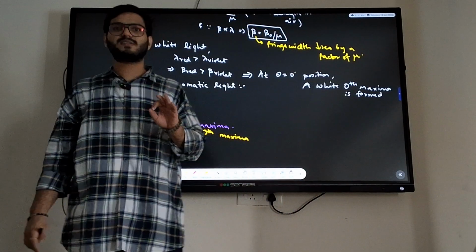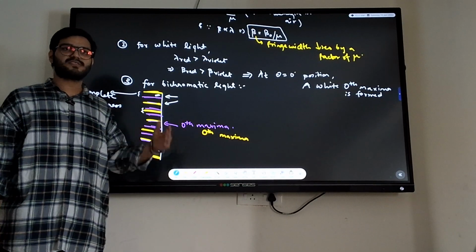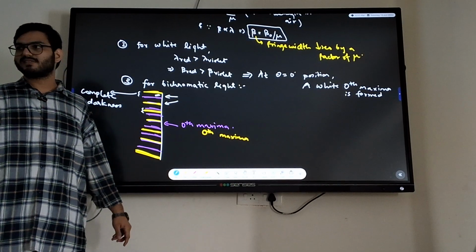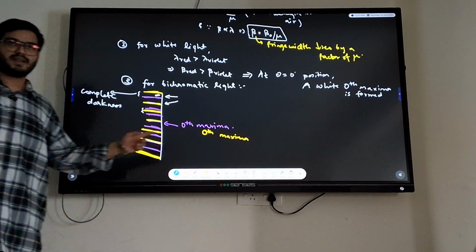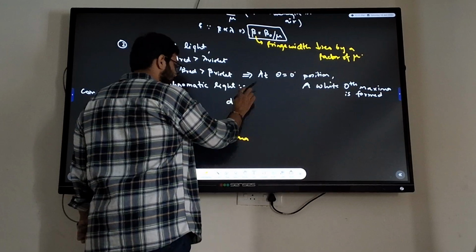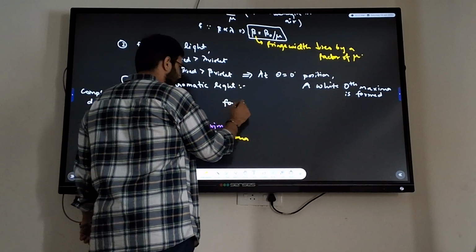This is only possible. Why? Because betas are not the same. Because betas are proportional to lambda. Are you understanding the whole thing? Make the diagram, and then the formulation or the formula that they will follow for maximas